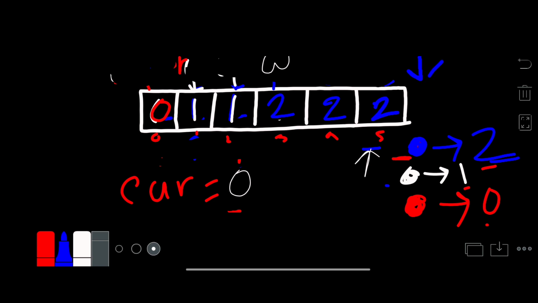Now there is no element in the array. So I will move to the next value, that is white. White is pointing to index 3, and I will update the value and move the pointer.